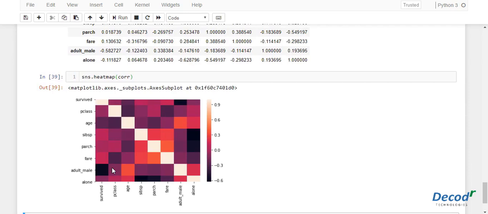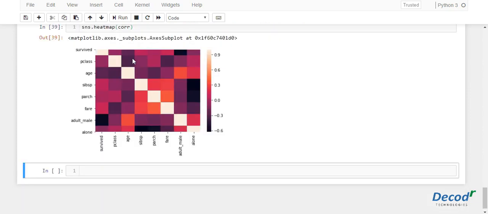For instance, in the image displayed here, if there is a high correlation between two features, the corresponding cell of the box is white. On the other hand, if there is no correlation at all, the corresponding cell remains black. The correlation value can also be plotted on the heat map by passing true for the annot parameter.